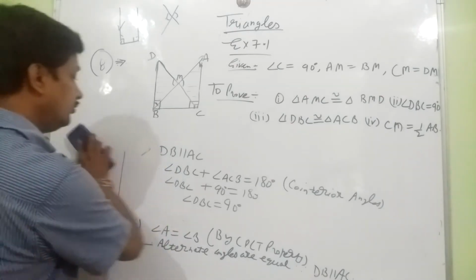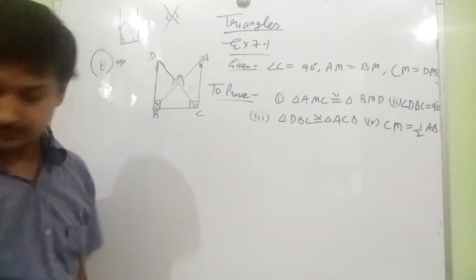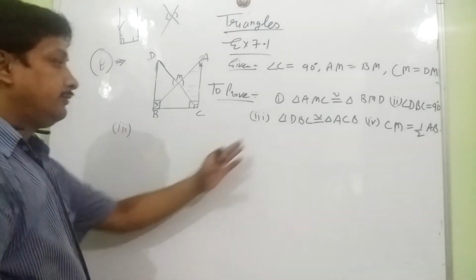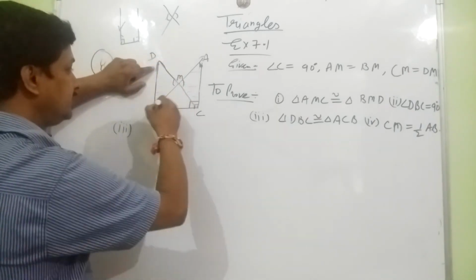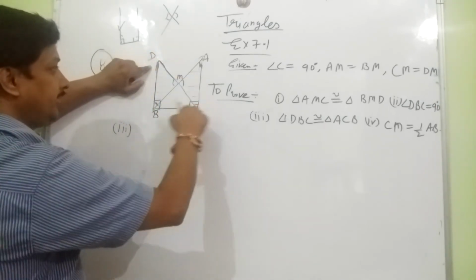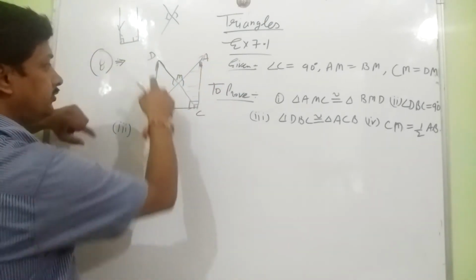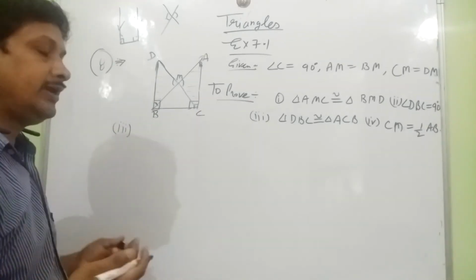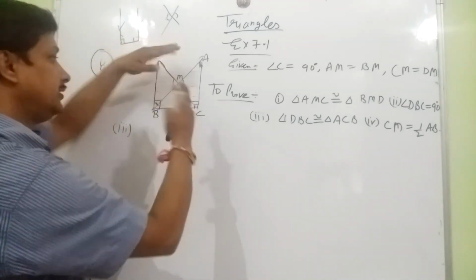After this, we have two more parts. Third part. Triangle DBC to be congruent to triangle ACB. So where is triangle DBC? Just think, triangle DBC. This whole triangle is triangle DBC. This whole triangle, big triangle, is congruent to triangle ACB. This bigger triangle, ACB. So we have to prove this triangle DBC to be congruent to triangle ACB. So for that, we need three things. Just think one triangle is placed over the other triangle like this.